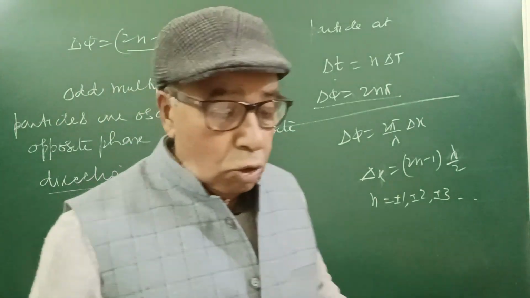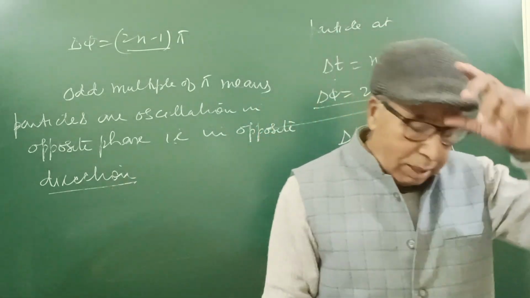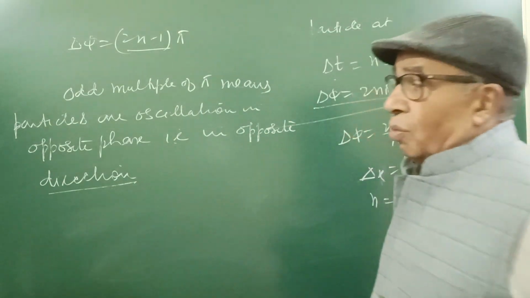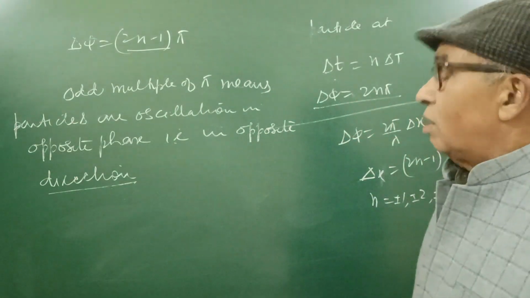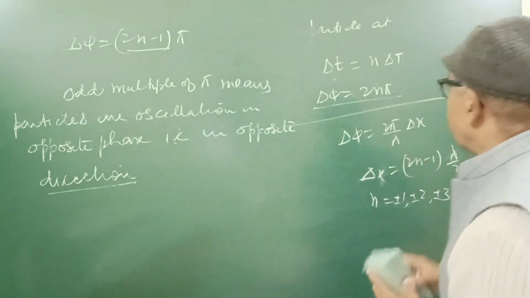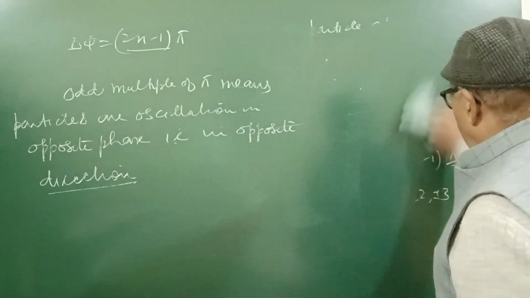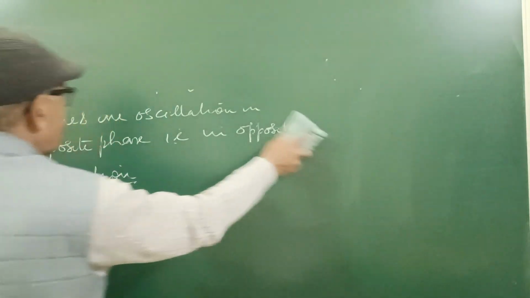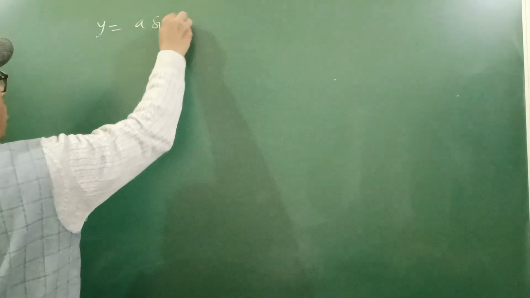If phase difference is 0, 2 pi, 4 pi, same direction, same phase. If delta phi is an odd multiple of pi, opposite phase. And this phase keeps on changing with time and distance. So this was a little about phase. And remember, try to understand only, nothing else, that phase gives the direction of displacement and velocity. Now you might be thinking that we are talking displacement a sin 2 pi